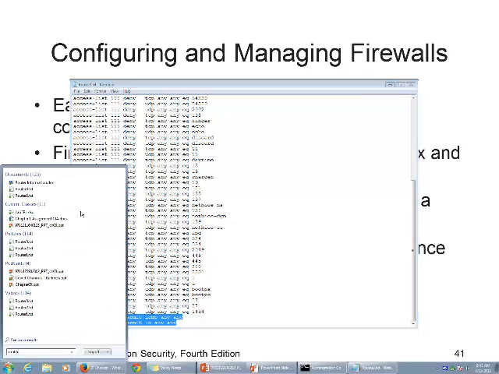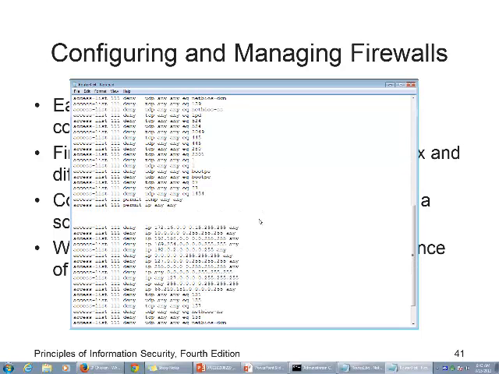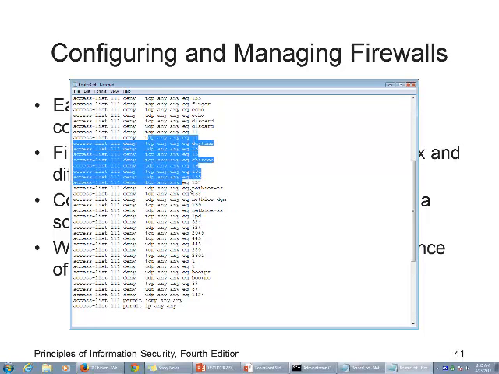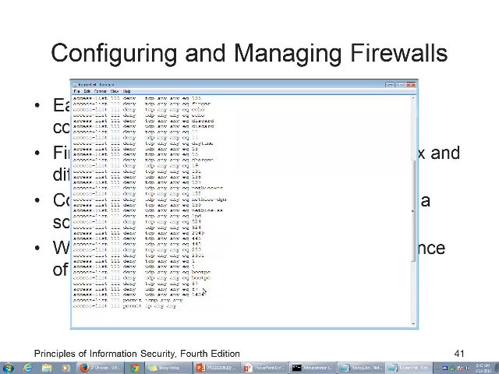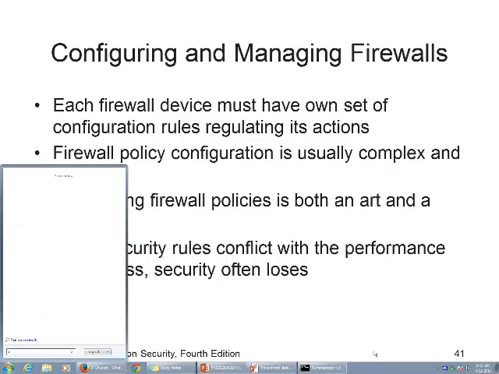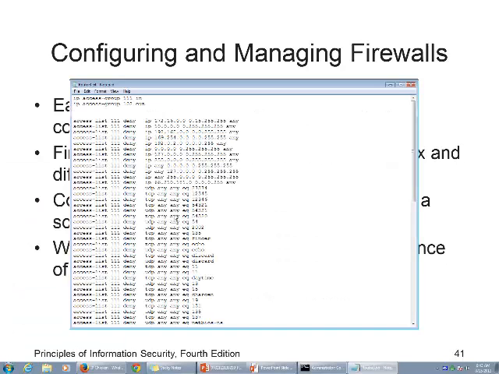And do I have a third one? Maybe one with a little more information. No, because this is before I did it. Okay, but really I'm denying all the bad stuff and allowing the rest of the stuff through. And I did change mine years later. Actually, it's years ago now. But that's just an example of what they kind of look like. And if you do them in the wrong order, they can really cause issues.